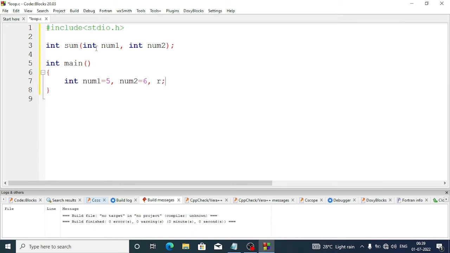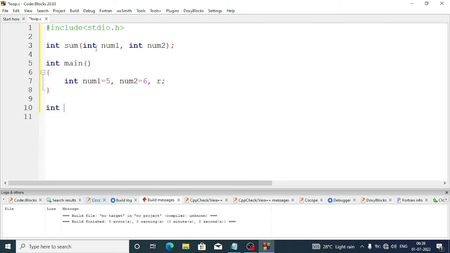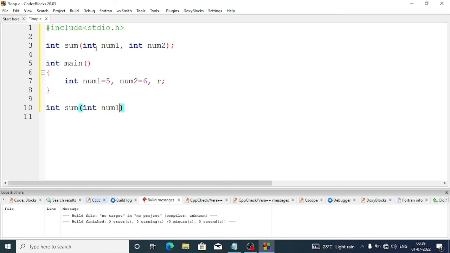Now we'll come out from the main function at present. We'll define the function here. How we'll write the definition for the function? We'll write int sum, and we'll take the value as int num1 and int num2. Then as it is a definition, so we'll not give semicolon, we'll give bracket and we'll define the function